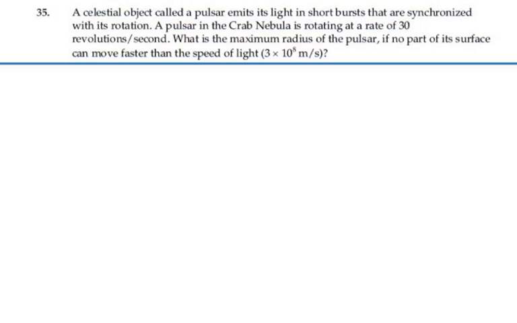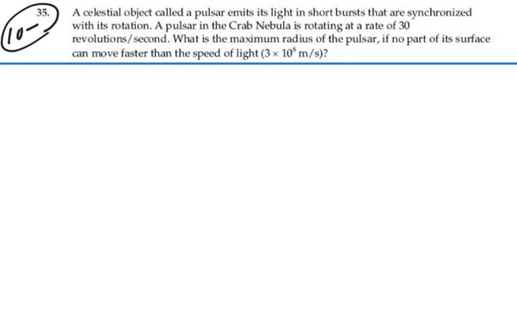Here's problem 1035. A celestial object called a pulsar emits its light in short bursts that are synchronized with its rotation. A pulsar in the Crab Nebula is rotating at the rate of 30 revolutions per second. What is the maximum radius of the pulsar if no part of the surface can move faster than the speed